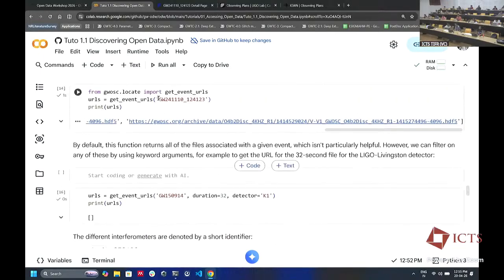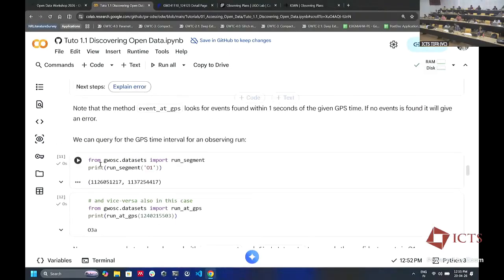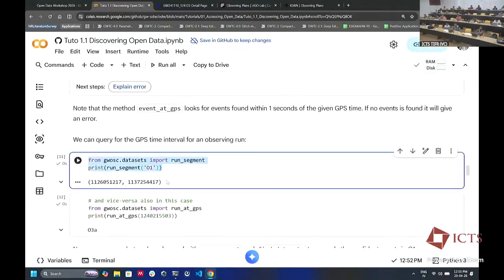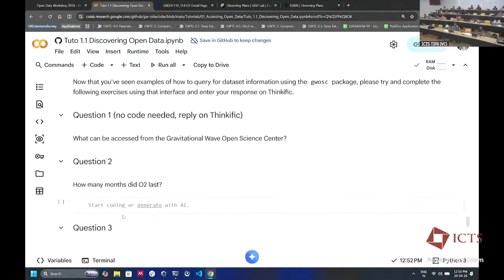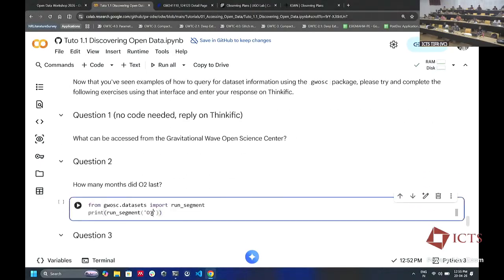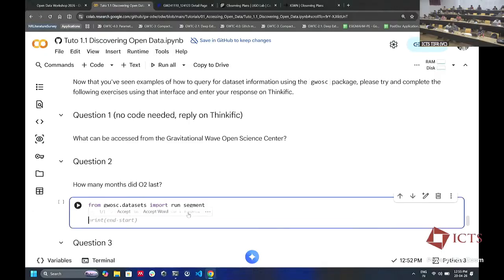So yeah, up here, I showed you how to get the start and end times, right? So that's what we really need. Except here we want it for O2, and then what we want is to print it in terms of months.